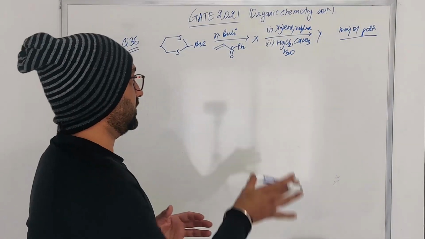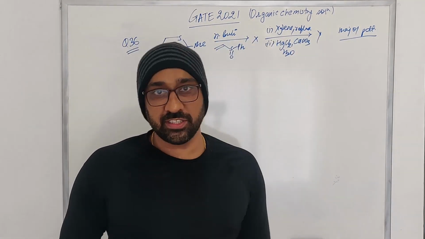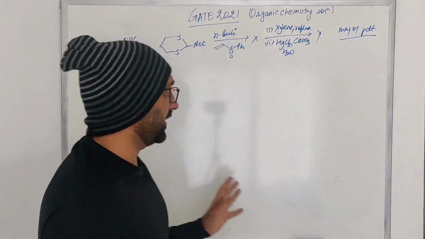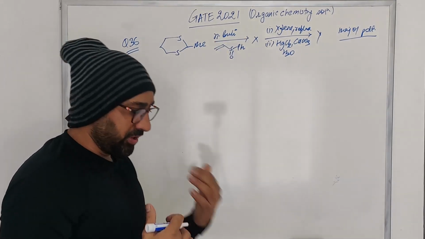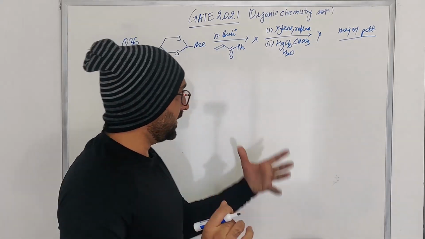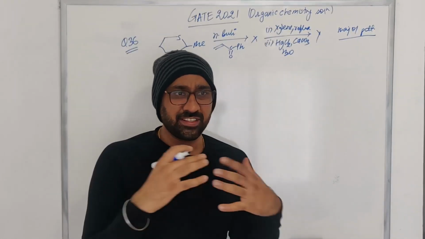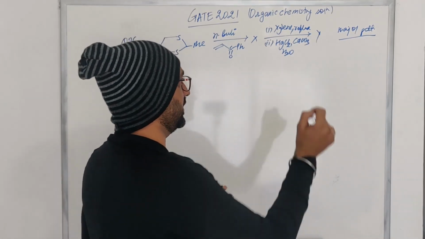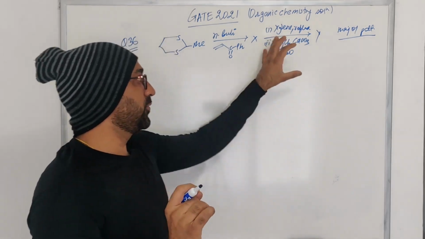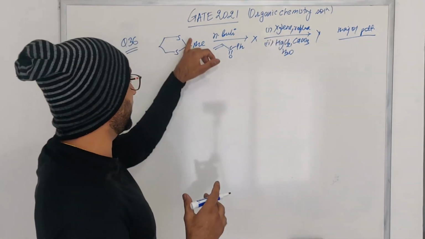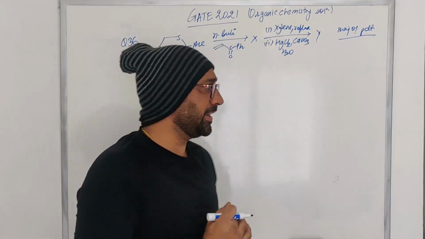The next question that was asked to us was clearly based on the dithiane chemistry. If we look at the reagents carefully, we can clearly predict everything. We are given this dithiane, we have n-butyl lithium, so we can clearly imagine there's a generation of carbanion, and somewhere xylene reflux. Whenever we think about such conditions, either there's a rearrangement or there's an elimination. And silver chloride, this is mercury chloride, and we know mercury chloride is used to get rid of the dithiane. So we can predict some of the things that are happening here.